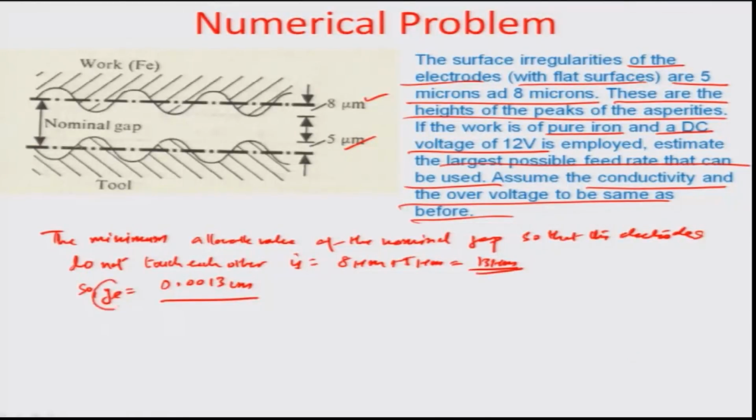Okay. So, once this YE is recorded, it is very easy to calculate the maximum feed rate,